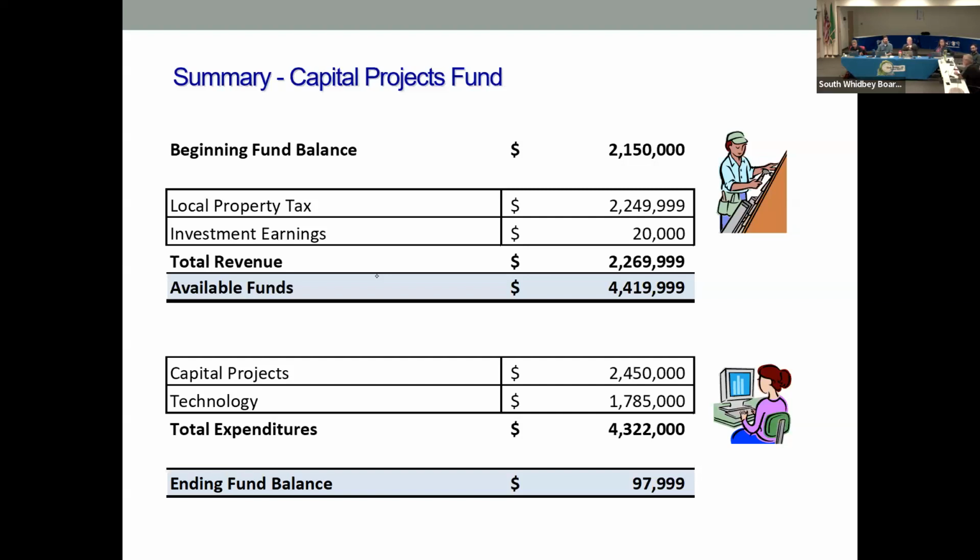We just re-roofed the front of this building, and next week they're going to start putting on solar panels. May or may not get that paid by the end of August, depending on when they get the work done. So it'll probably go in next year's budget. So that's why you see a carryover of about $2 million. And we always budget to spend all of it. We may not actually spend all of it depending upon the timing of projects, but it's capacity to do that.